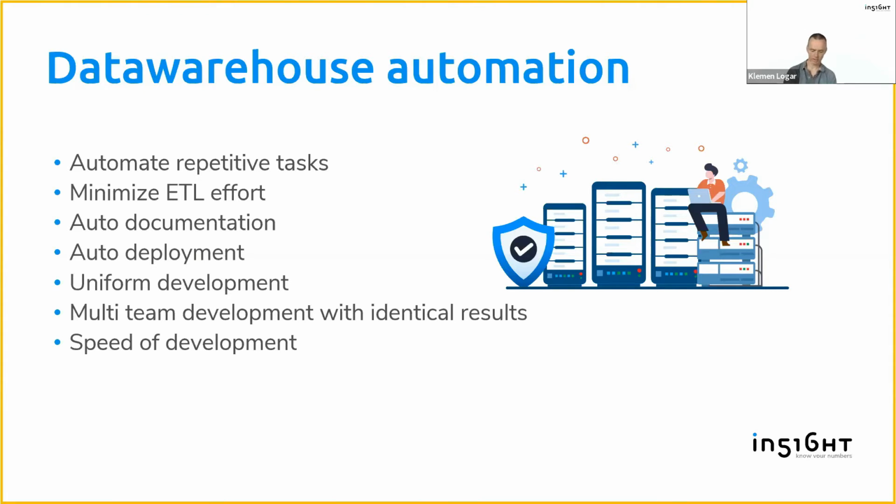So I will talk about our attempt to make data warehousing life easier. Building data warehouses is not an easy task, and it's always been a struggle. As somebody nicely said, especially with ETL and stuff like that, it's like living in the trenches. It's a kind of war, and when you do that for a long time, you can see that there are many things you have to do all over again, and different teams, even in the same company,